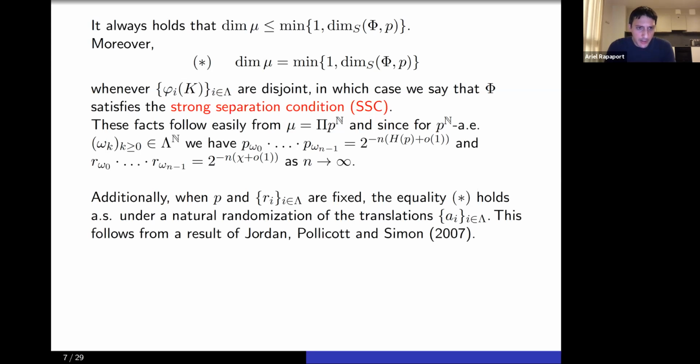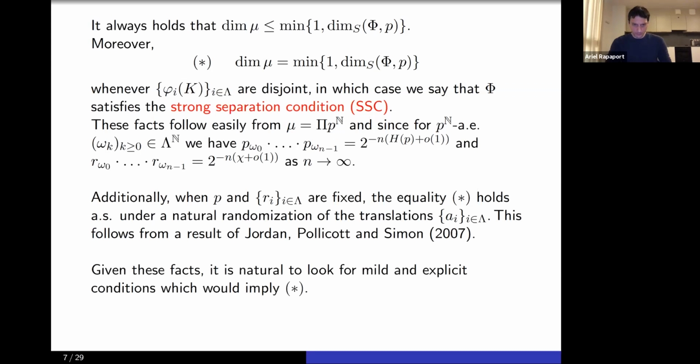And so this last result was proven by Jordan, Pollicott, and Simon in 2007. Given these facts, by which I mean the fact that this value is an upper bound for the dimension, that in the simple case of the strong separation condition there is equality, and that under a natural randomization of the parameters there is again equality,